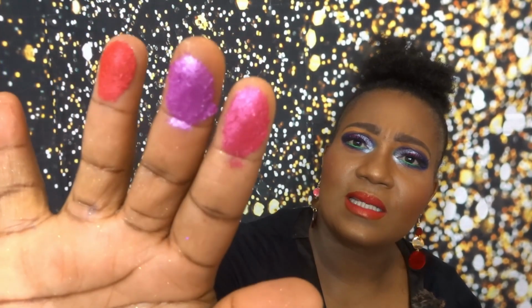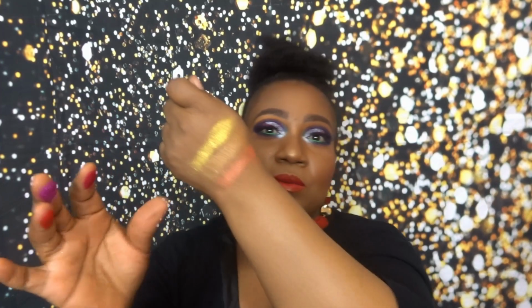Now let's swatch another 3 shades. The next 3. Oh my days. Look at this color story of these 3. They are beautiful. From what I can see so far, the formulas are different to each other. So some are like gritty shimmers, like this one, these two. You can see that they're gritty shimmers, and then some are like melt in the butter, like the yellow. This yellow was like a melt golden kind of formula. But the next three shades,